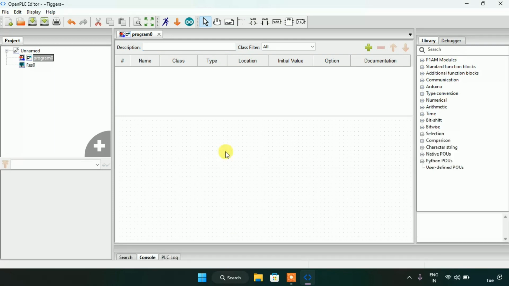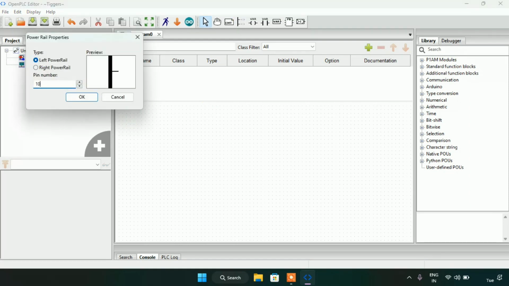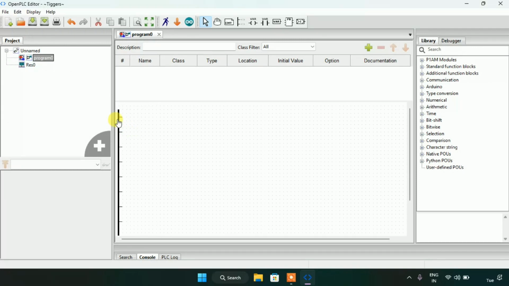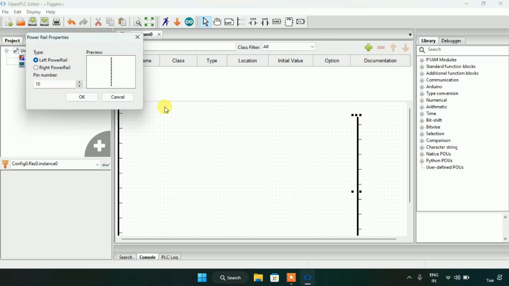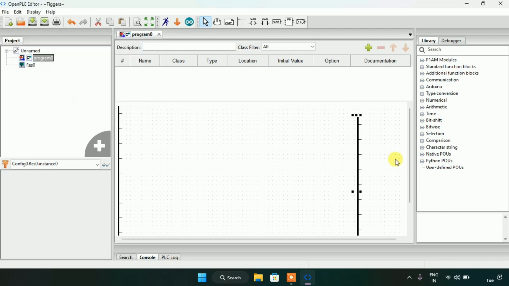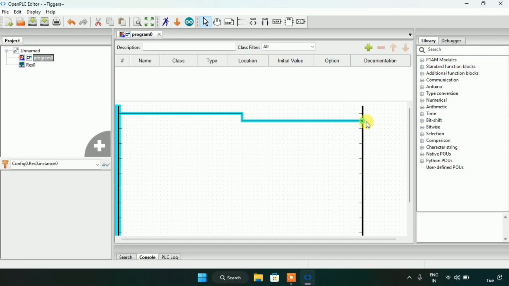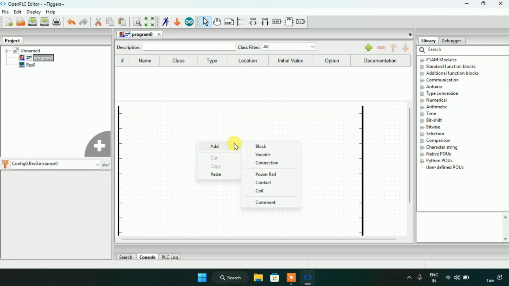Now, as always, I will create two power rails here, and I will copy and paste the left power rail. Then I will double click on the left power rail and edit it as the right power rail. Then I can see that these two are aligned, and I will add the block